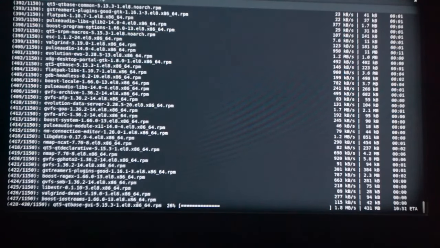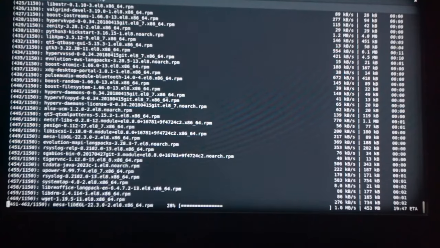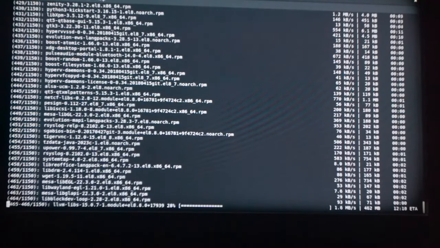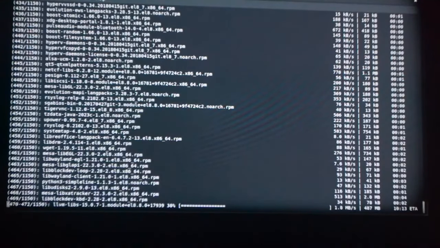For this instance, the transaction summary is to install 92 packages, upgrade 1657. The total to be downloaded is 1.6 gigabytes. Then it prompts you to